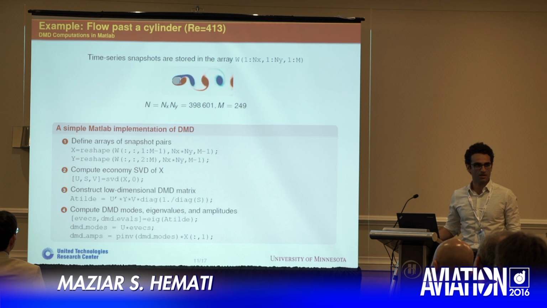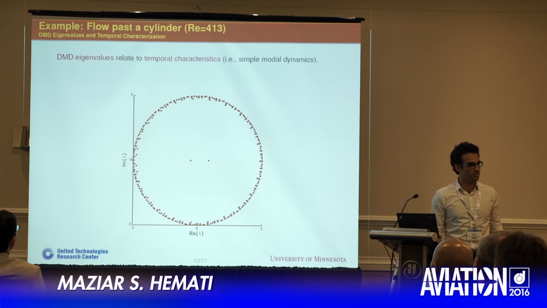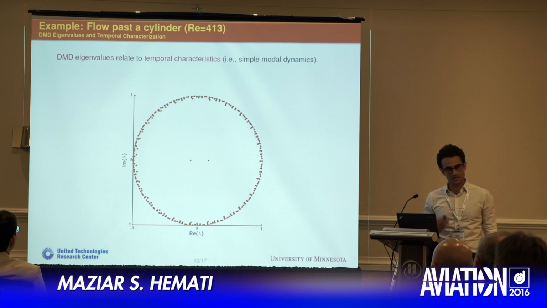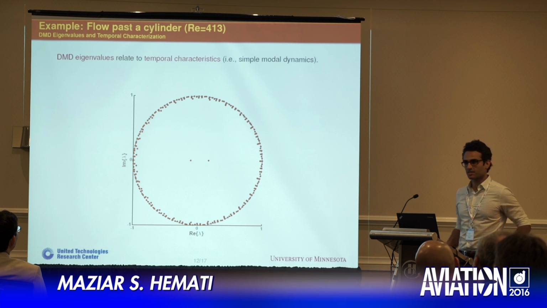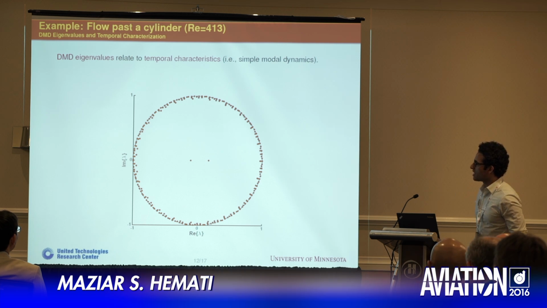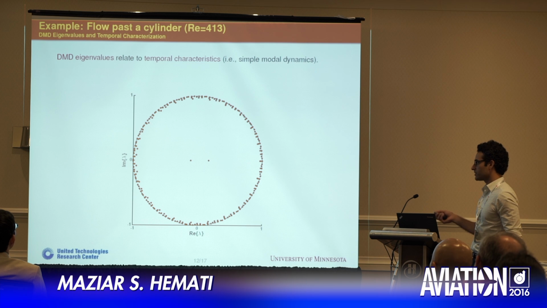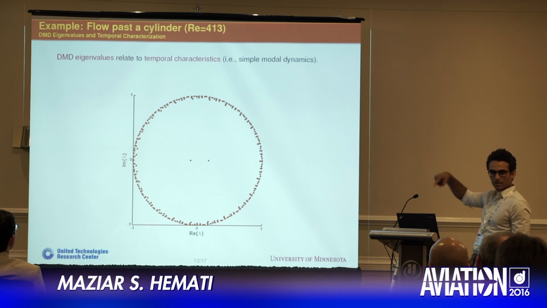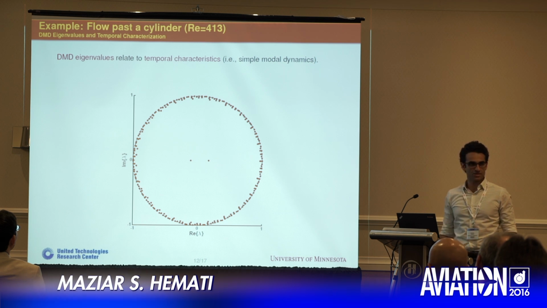Okay, so what does that all mean? Well, let's start with looking at the DMD eigenvalues. Okay, as we said, this is related to the temporal content of the dynamics, so the temporal character of that. But before we get into how that is, what I would like to point out is just by looking at this, we see that most of these are concentrated around a unit circle, okay, so on this circle. But otherwise, it's maybe a little bit hard to interpret if we just look at all these dots around this